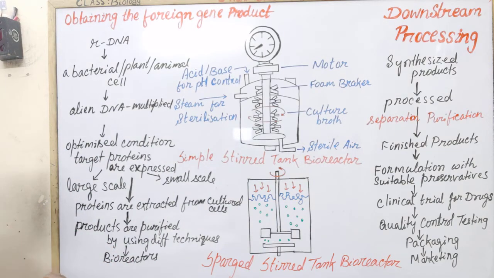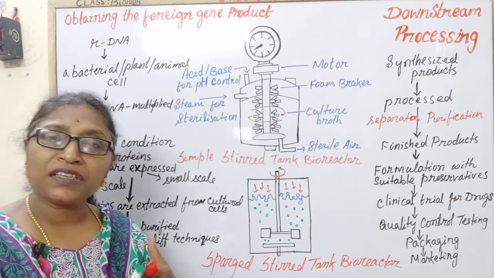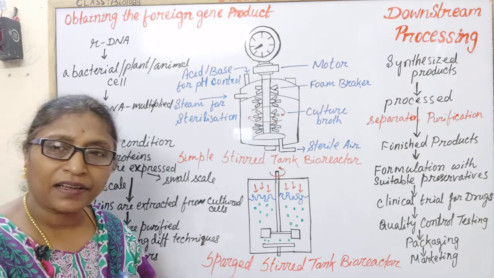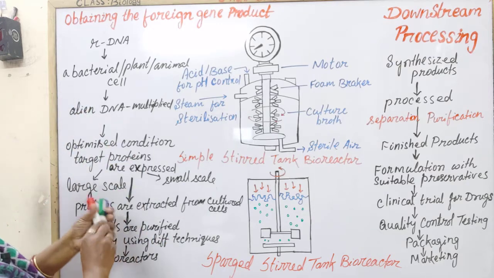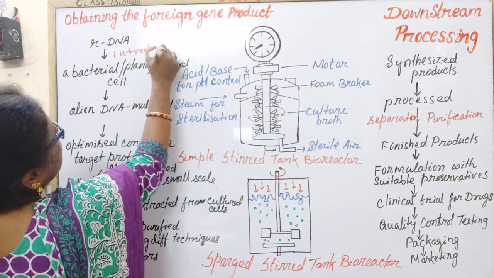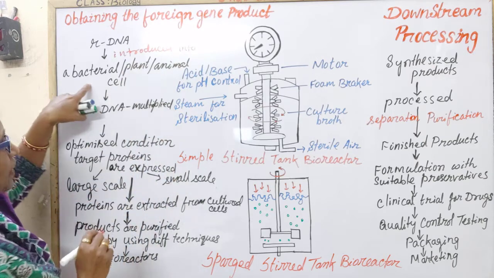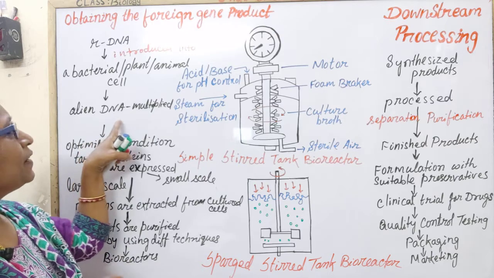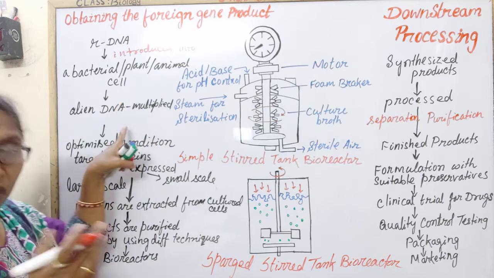To obtain the foreign gene products, the passenger DNA is incorporated and joined with the vector DNA, and rDNA or R plasmid is produced. It is introduced into a host cell, that is a bacterial cell or the target cell, plant cell or animal cell. This recombinant DNA is then multiplied within this host cell in the culture medium,